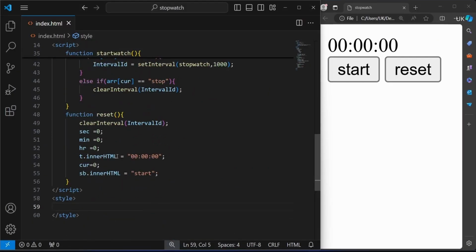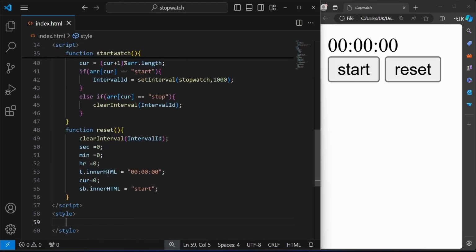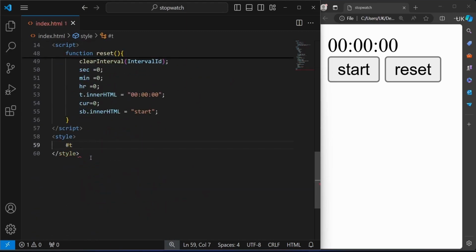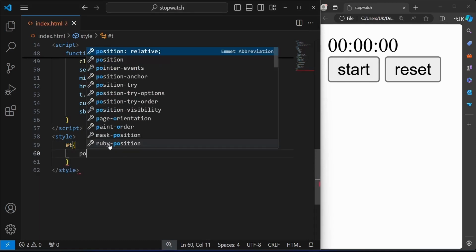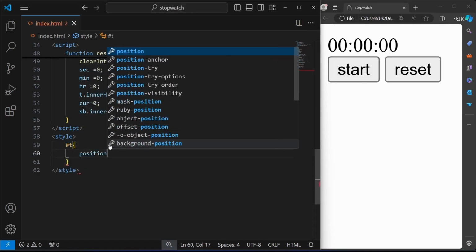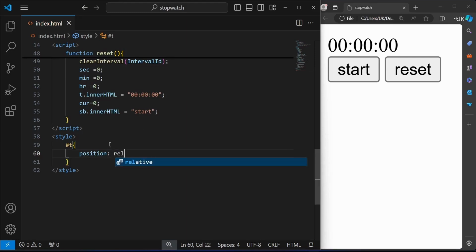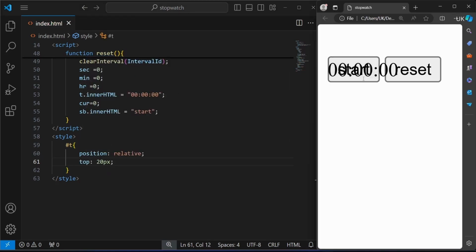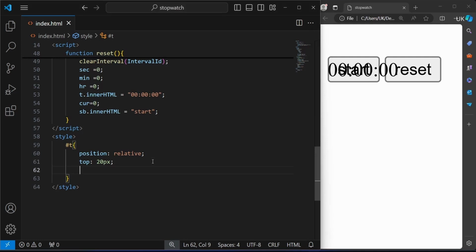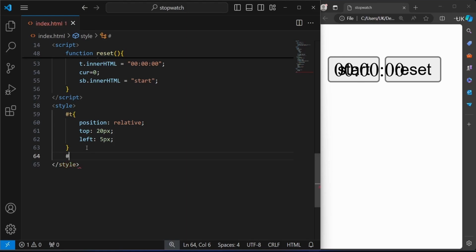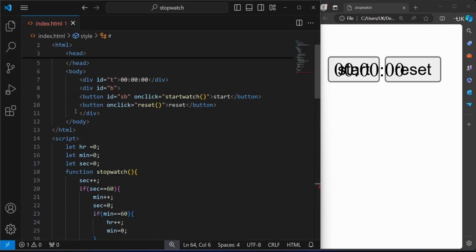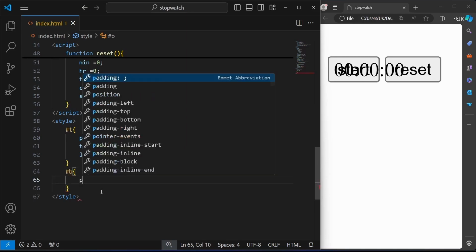For T, I'm using the ID T. T is nothing but this time display. I'm moving it slightly towards the right side. I'm assigning position relative, and top 20 pixels. Now it will come down, and also adjusting left 5 pixels. I'm using this B tag to select both buttons, and using position